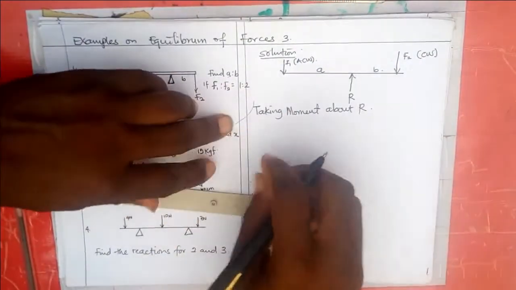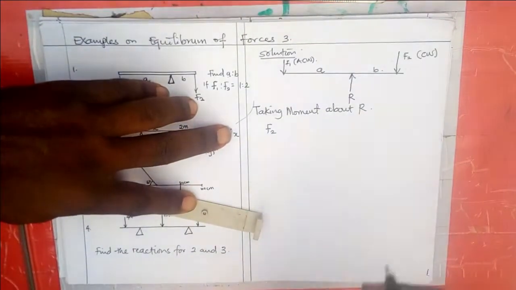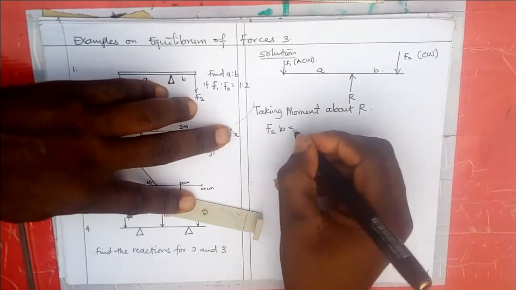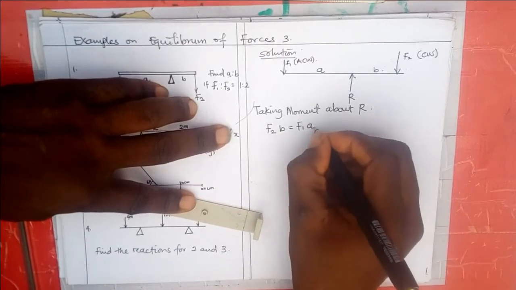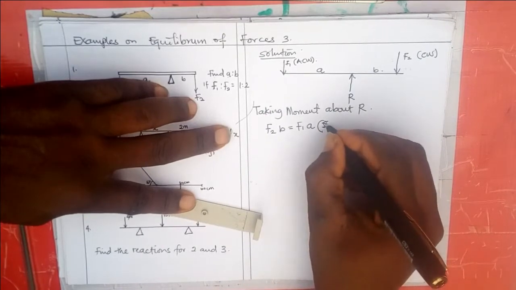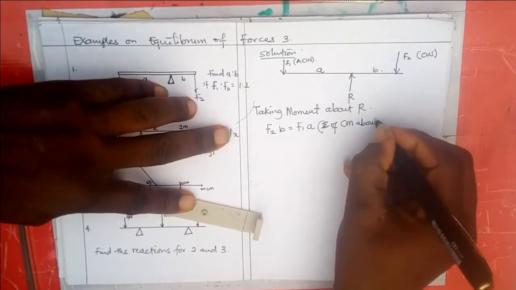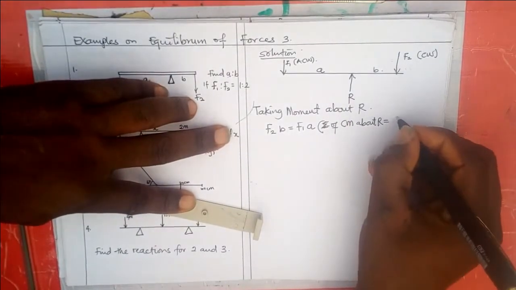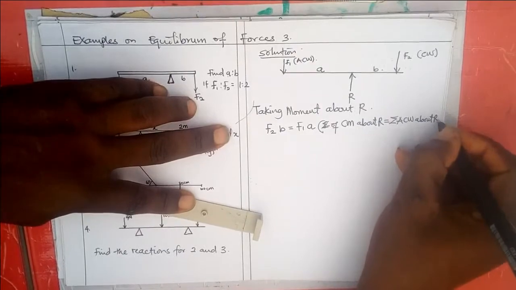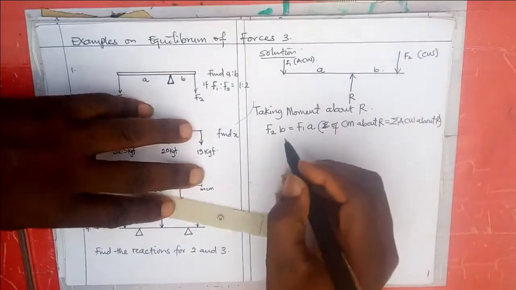So taking moment about R, we have seen that sum of clockwise moment equals to anti-clockwise. So I have F2 multiplied by B clockwise moment must be equals to F1 multiplied by A, which is sum of clockwise moment about R is equals to sum of anti-clockwise moment about R. So let's not forget that is the principle of equilibrium. So hence I have